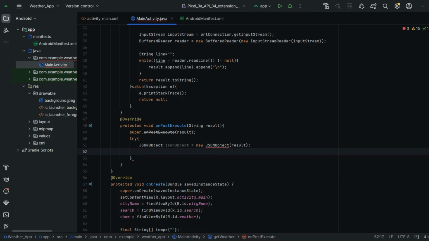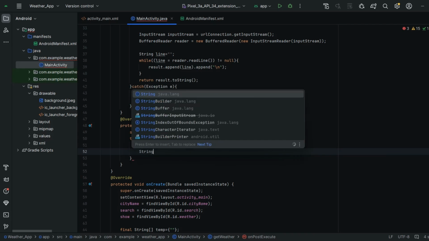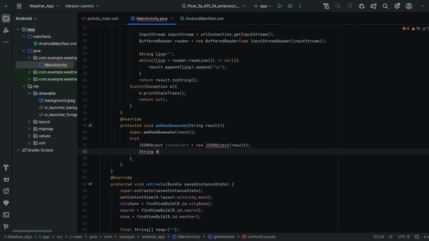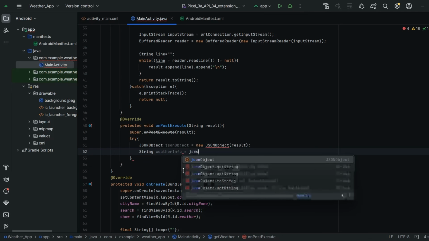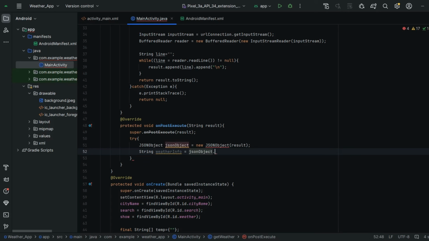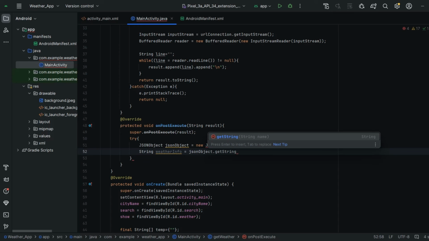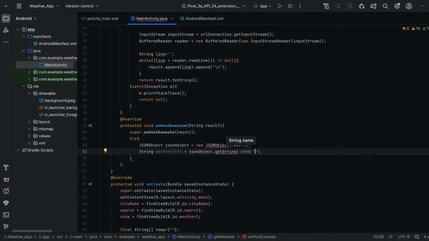So let me create a string. I'm going to name it weatherInfo. weatherInfo is equal to jsonObject dot getString. I'm going to get that main, sorry, not main method, that main object.